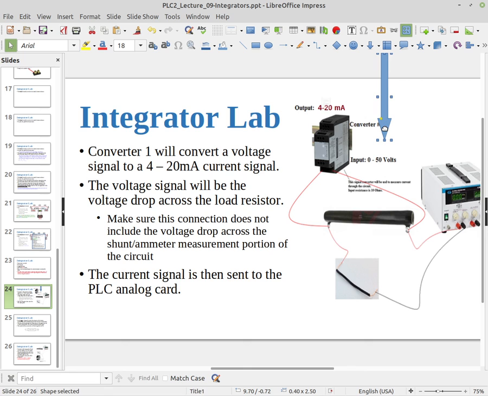The power supply actually won't give us that much. It can give us about 30 to 32 volts, but with a 5 ohm power resistor, which is this big resistor here, if we had 25 volts through a 5 ohm resistor,